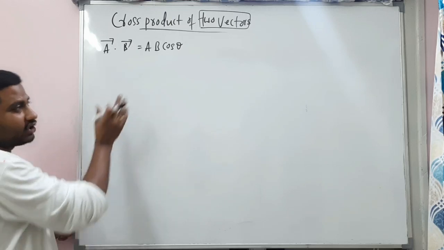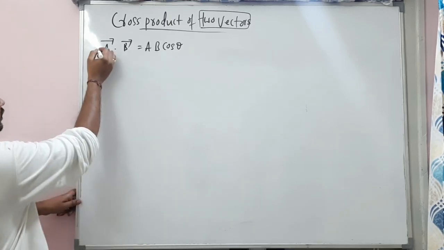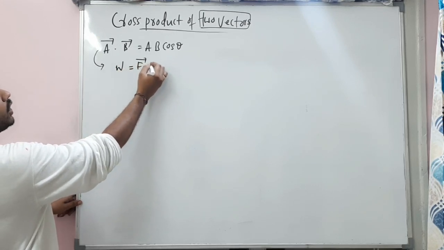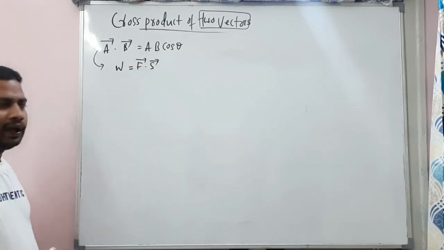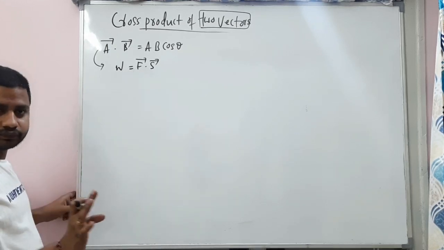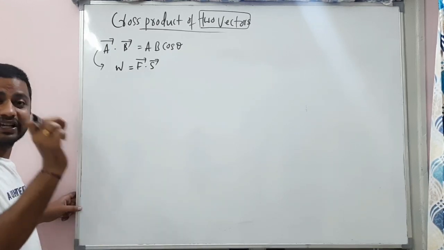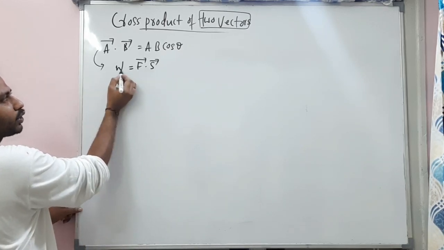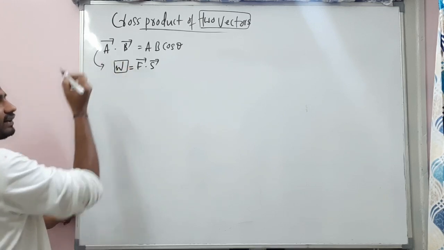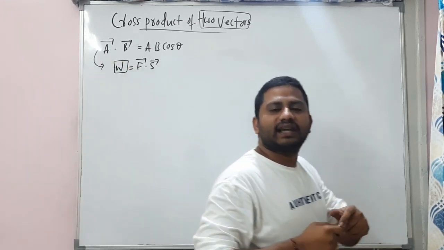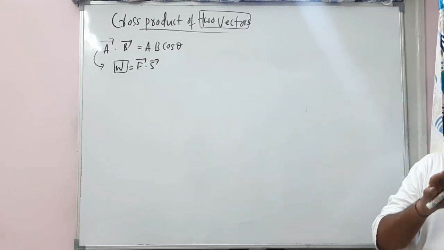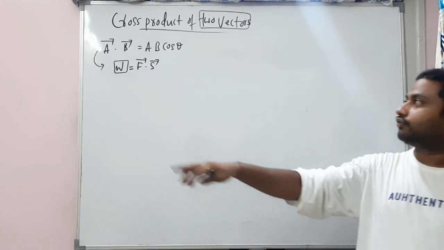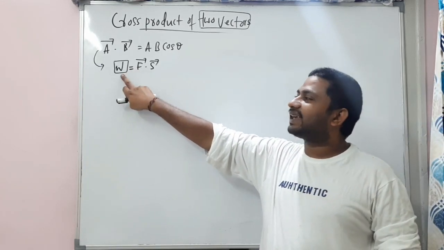So for example, this is called the dot product here. When you take an example, you know work done is equal to F bar dot S bar. I hope you remember this. F bar is a vector, force. S bar is a vector, displacement. So a dot product is happening between these two vectors, and the product we have got, is it a scalar or vector? The work done, is it a scalar or vector? Write it in WhatsApp. That is a scalar. So when you multiply two vectors with a dot product, you will get a scalar, my dear students.